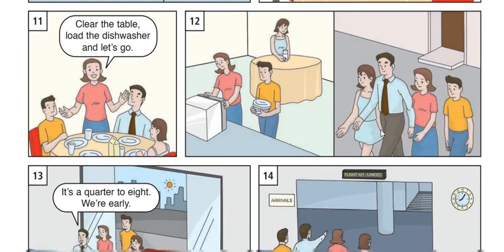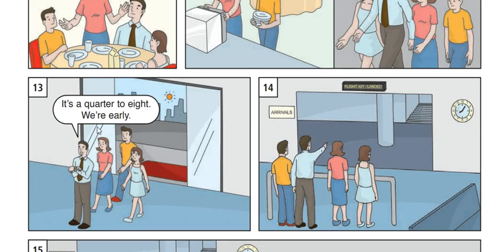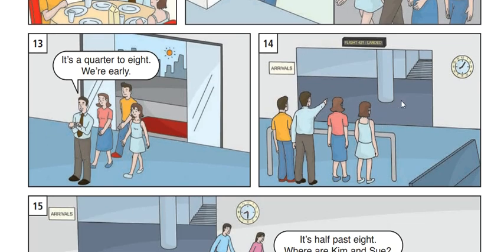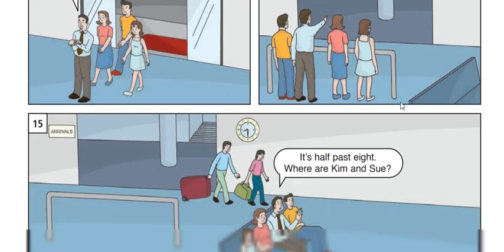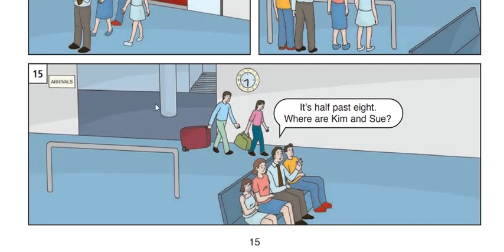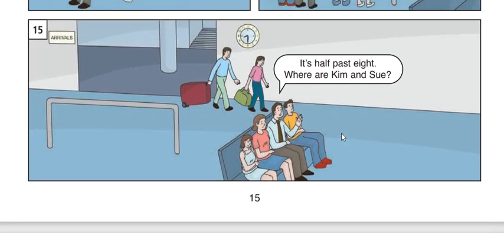You can see what they are doing. Picture 13. It's quarter to 8. We are early. Picture 14. They are waiting for their guests. Picture 15. It's half past 8. Where are Kim and Sue? So this is all about